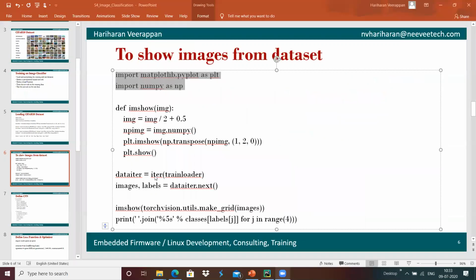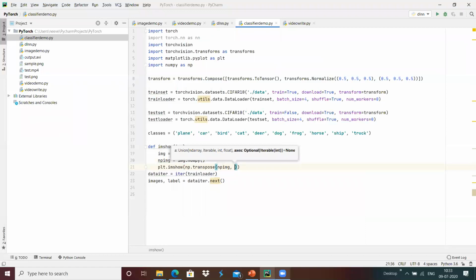And once it is done, maybe we can use 1 comma 2 comma 0 over here.